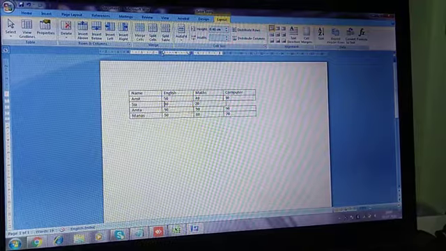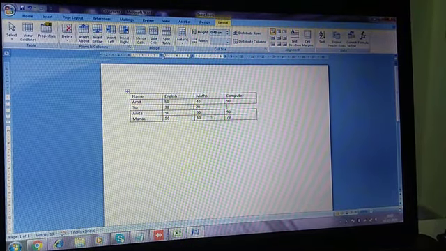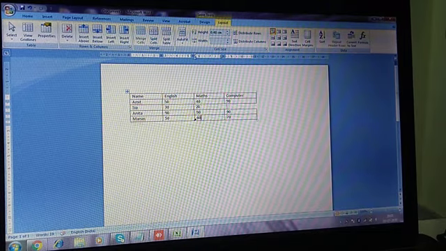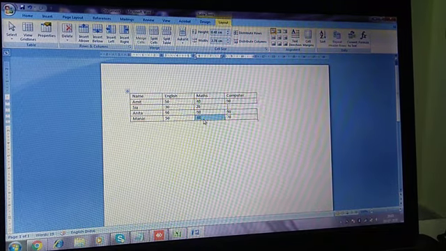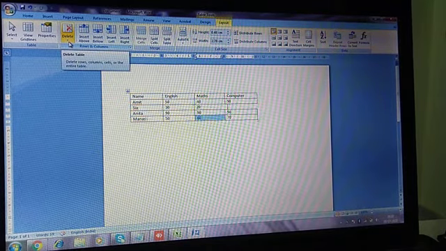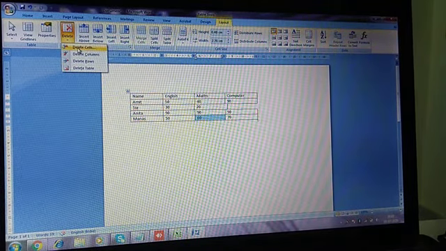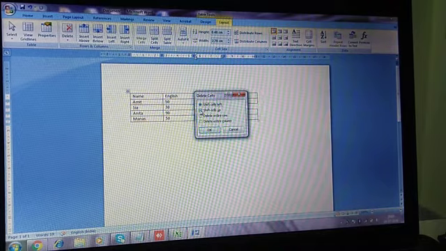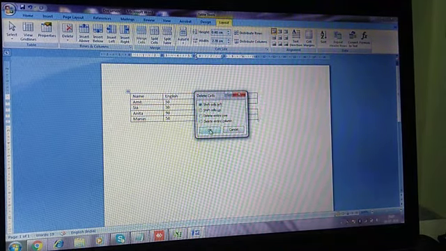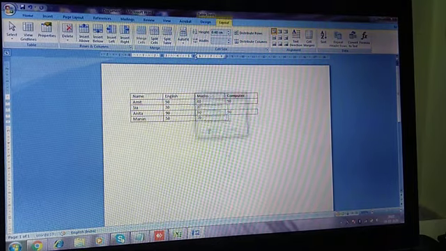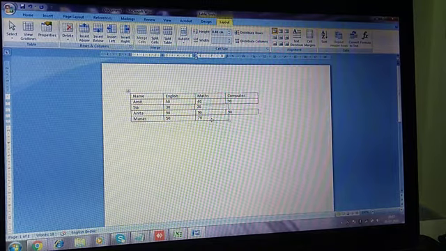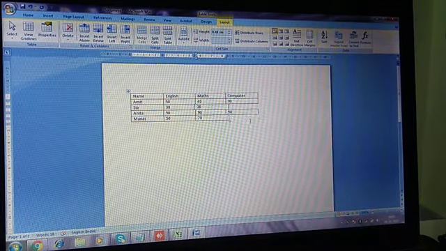Okay, one more example we will take, of Manas. This 60 is written here under maths. I will select it by single click. Now after selecting this cell, again I will go to Delete, then delete cell. Now this time we will select shift cells up. No, shift cells left will work. Okay, then OK. See, again the same thing happened. Two cells are there, the third cell is deleted.